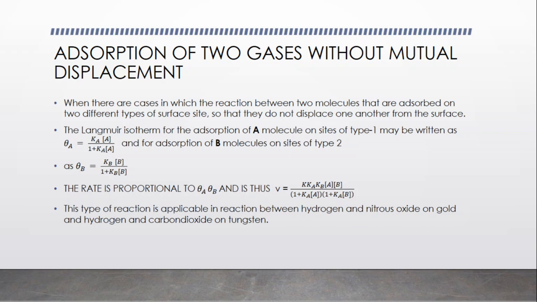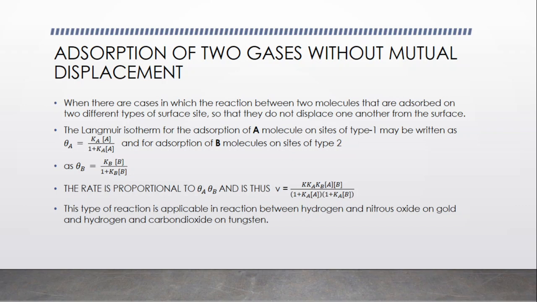Here theta A is equal to Ka into A divided by 1 plus Ka into A, and the fraction of molecules adsorbed by B is equal to Kb into concentration of B divided by 1 plus Kb into concentration of B. Since here both do not mutually displace each other, the rate is proportional to theta A into theta B, and thus the rate expression will be V equal to K into Ka into Kb into concentration of A and B divided by 1 plus Ka into A into 1 plus Kb into B. This type of reaction is applicable in the reaction between hydrogen and nitrous oxide on gold and hydrogen and